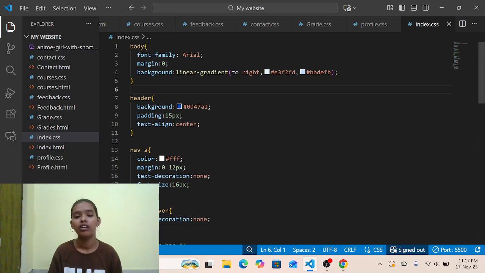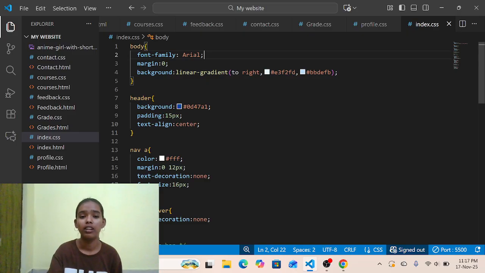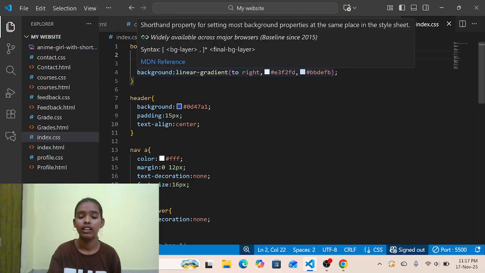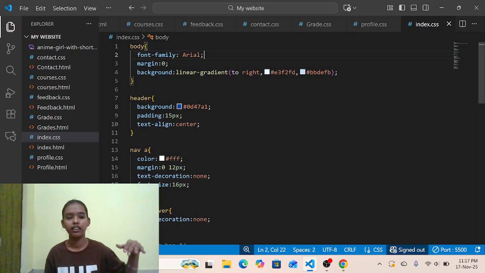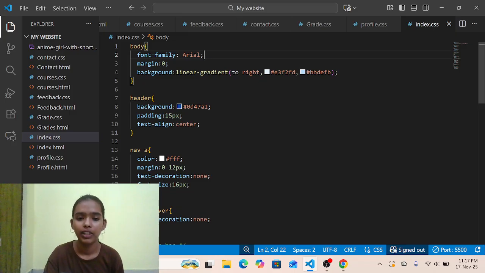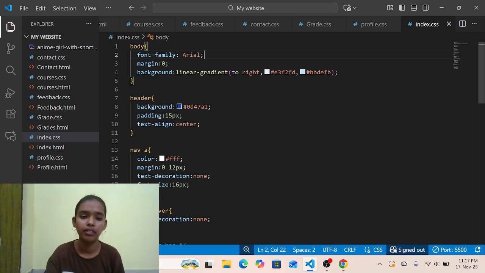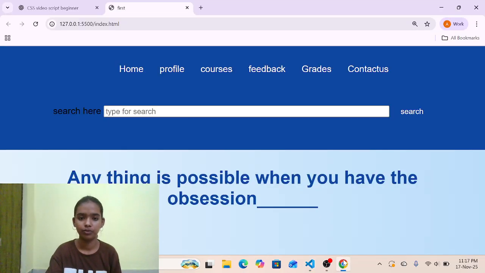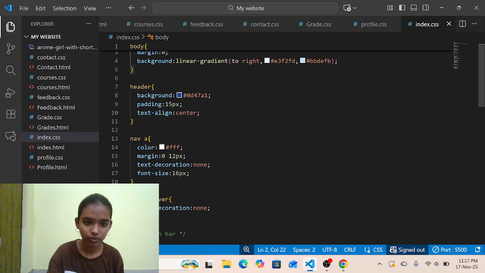Gradient means a mixture. I take two colors, and they mix from right to left, starting at one side and slowly mixing. You can see it like this.